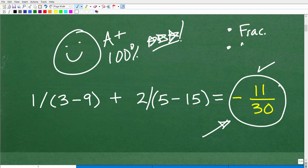And then we have some positive and negative number stuff going on as well, because this is a negative number. So these are the skills that we're going to have to know. Let me give you a couple suggestions. If you already think you're lost, one, I would encourage you to just finish the video and see how I do